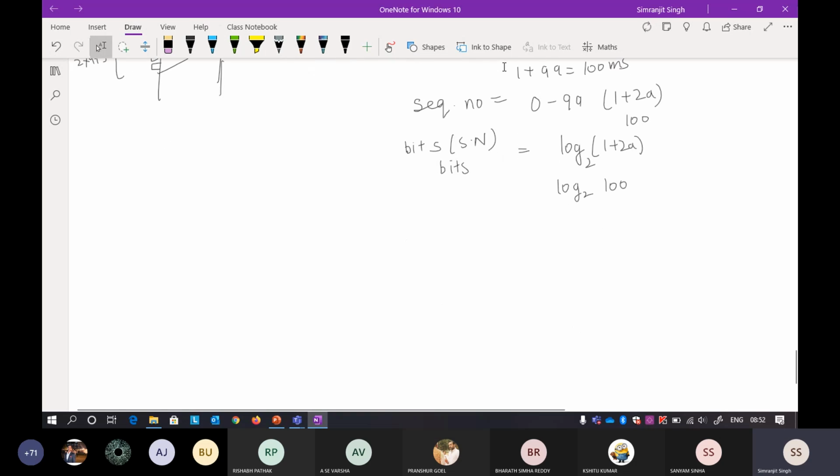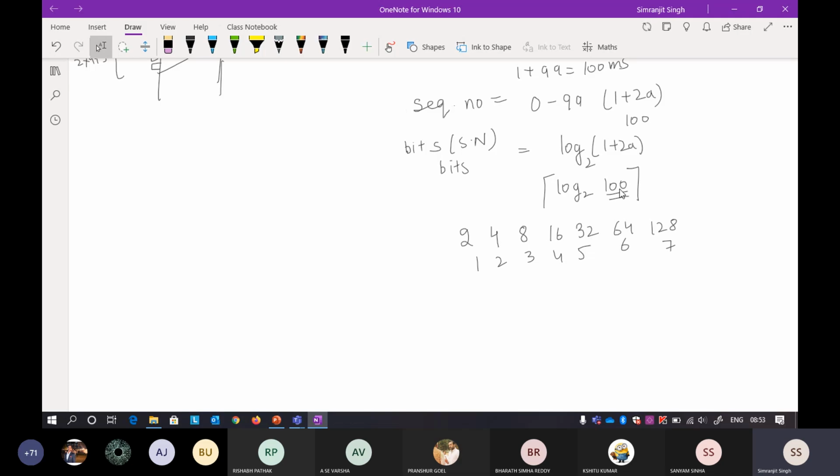Now, if you want to find the log, you can use this simple method. Take 2 and just double it: 4, 8, 16, 32, 64, 128. Now you have gone above 128. If you take the log, it will be 6 point something, because at the seventh number you exceed the value 100, and at the sixth number the value is less.